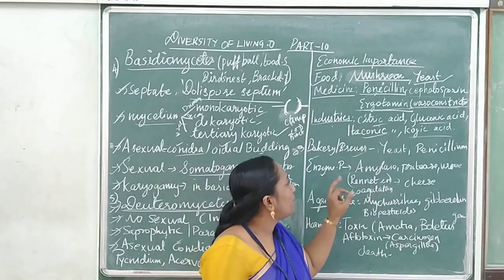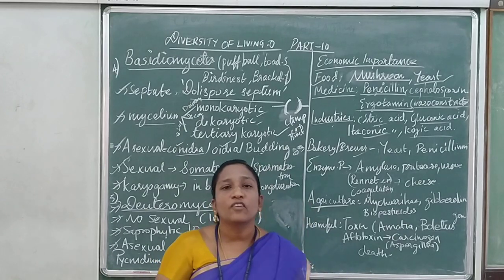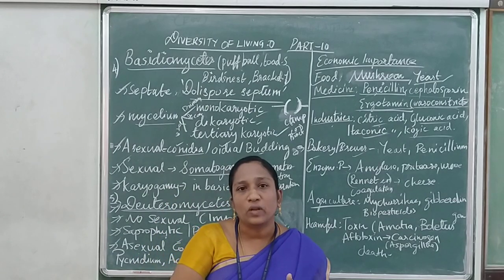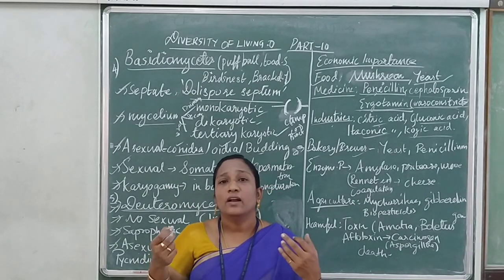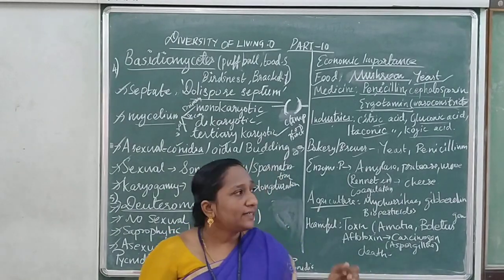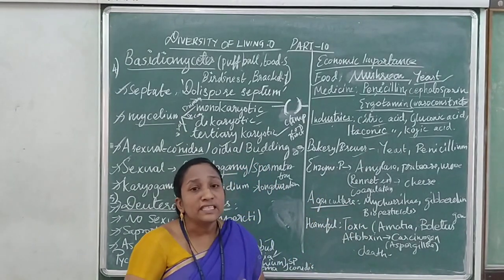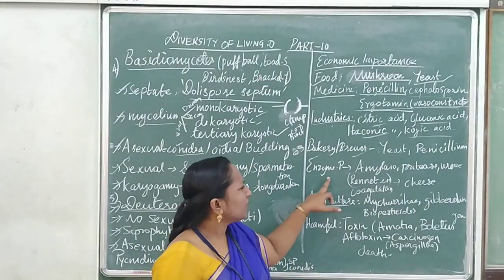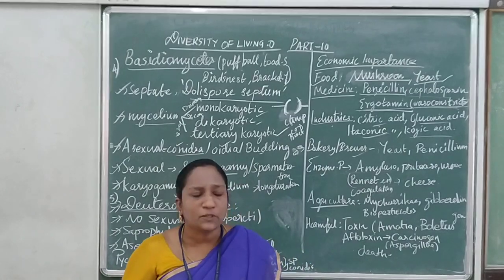And next one, enzyme preparations or enzyme production. Like bacteria, a lot of enzymes are produced. That is ligase and restriction endonuclease, and a lot of enzymes involved in biotechnology or genetic engineering are derived from bacteria. Enzymes like amylase, protease, urease, a lot of enzymes are synthesized by means of fungi. Okay.